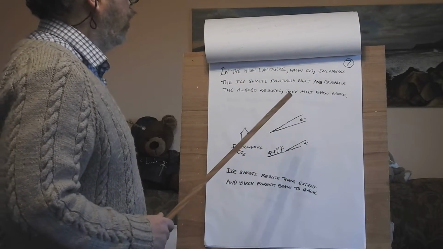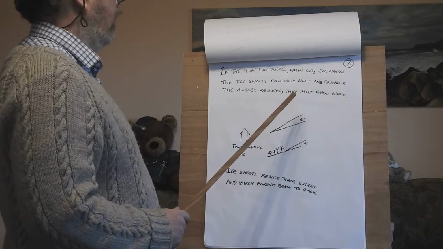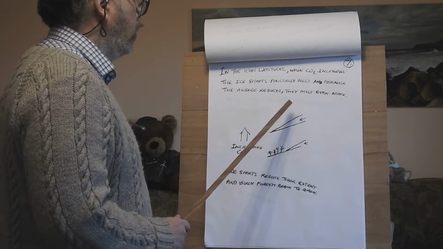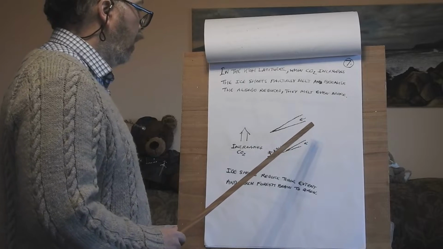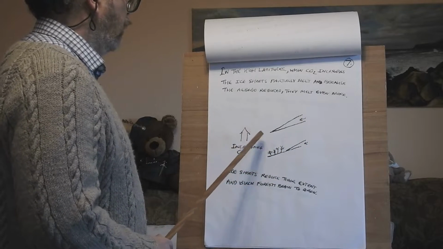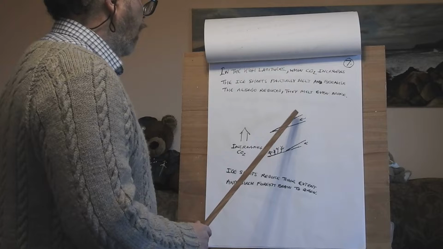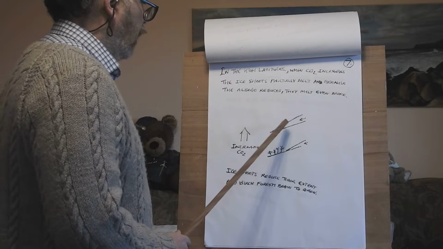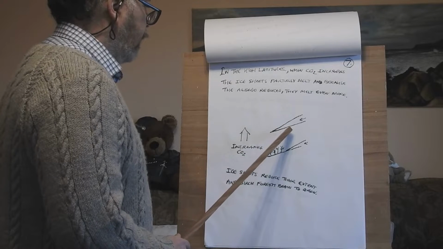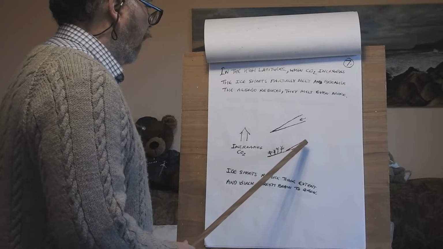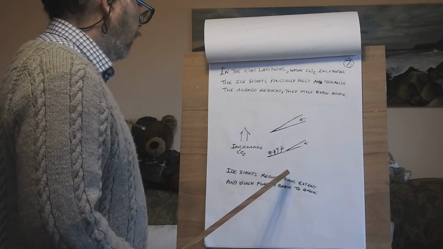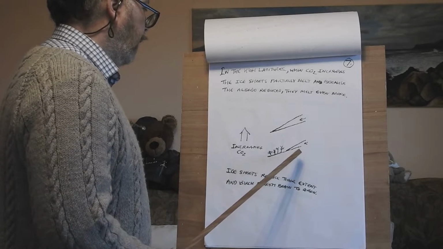In the high latitudes, when CO2 increases, the ice sheets partially melt, and because the albedo reduces, they melt even more. So you get an increase in CO2. The ice is still flowing this way, but it retreats, even although it's flowing downhill still. So the ice sheets reduce their extent,